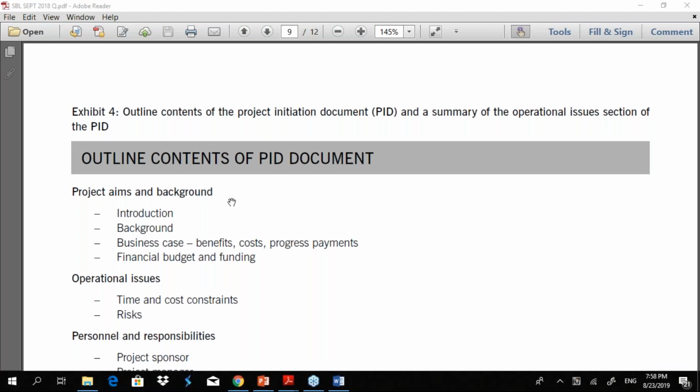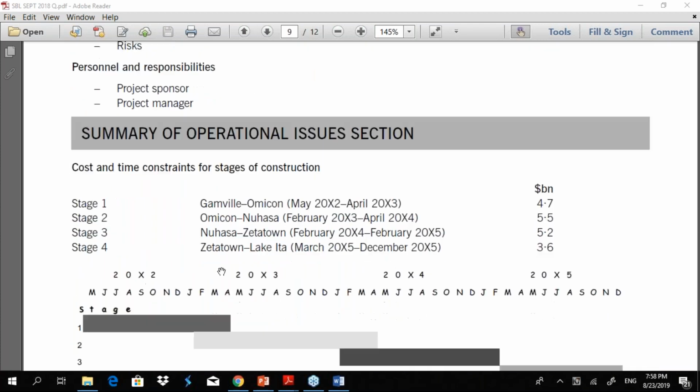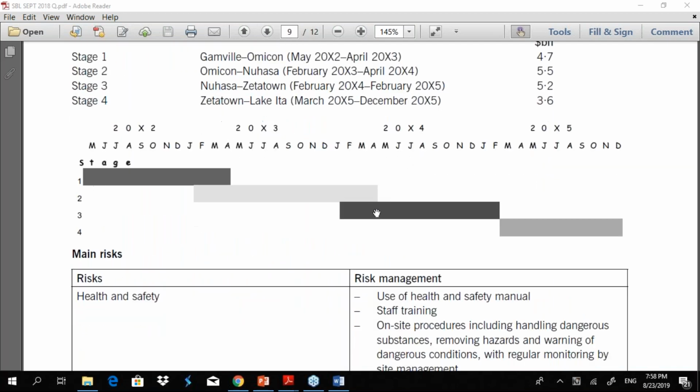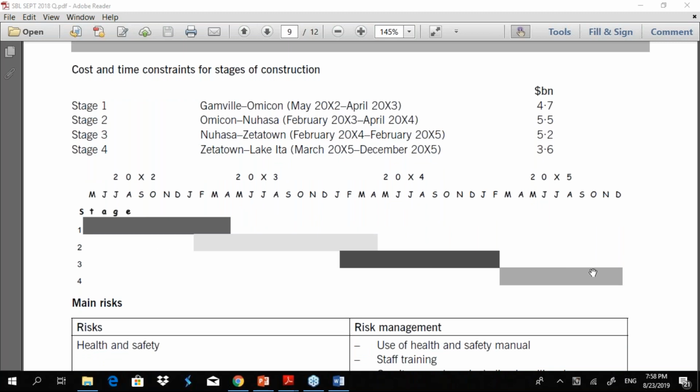So we have outline contents, aims and background, operational issues, personnel and responsibilities, and summary of operational issues section. So their stages and the timelines are given along with cost breakdowns. And this is something like your Gantt chart, time schedule.